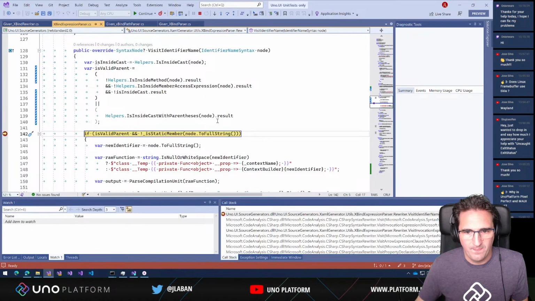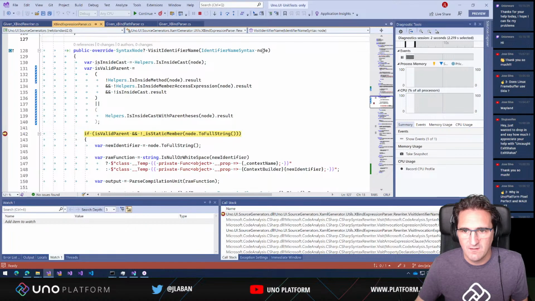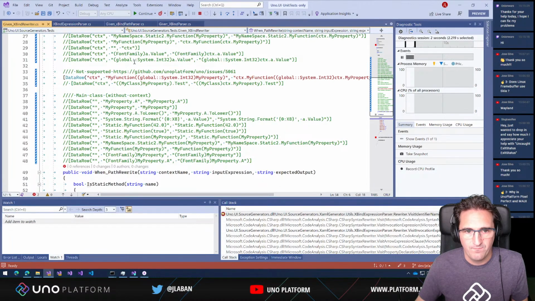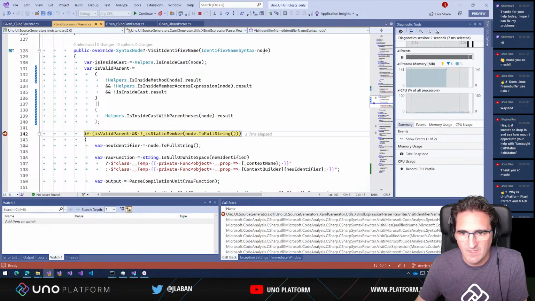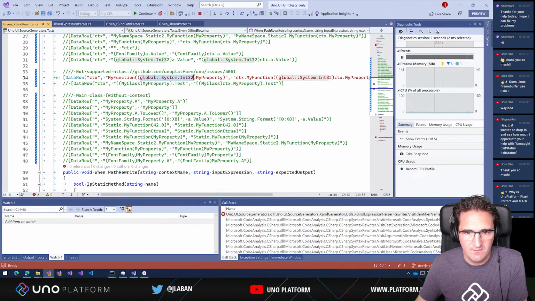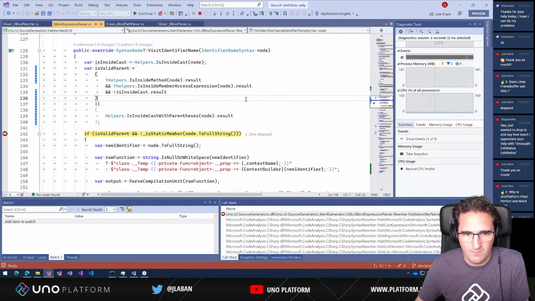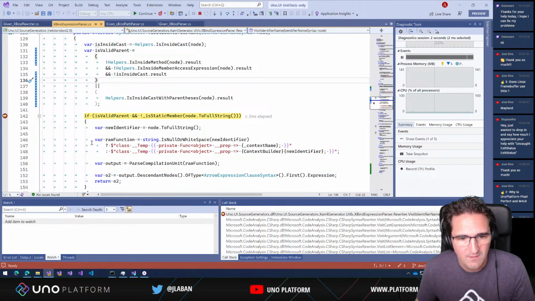Okay, so we're visiting the identifier that is my function. So that's not the one we're looking at. So my function is that identifier. That's not the one we're looking at. That is global. That is not useful. System and 32. So that's the parsing of that part. That's not the identifier that we're looking at. Okay, my property. Okay, so now we're inside of my property, and if I move